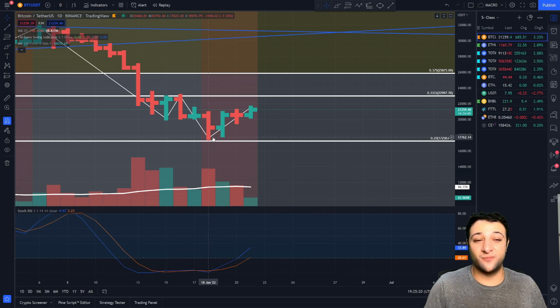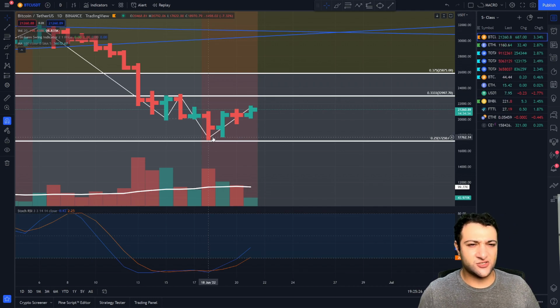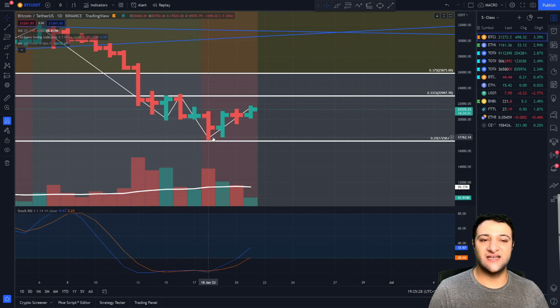People are fearful. They know Bitcoin's cheap. They're too scared to buy it. They think it's a scam. They start turning on it. This is how you know the low is almost in. The sentiment is just so dark and dreary and terrible. It's not to say it can't break this level. It can, but in terms of sentiment, in terms of volume, it seems like the low might be in,